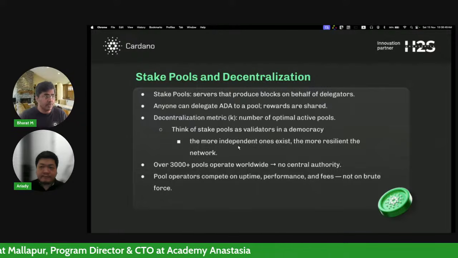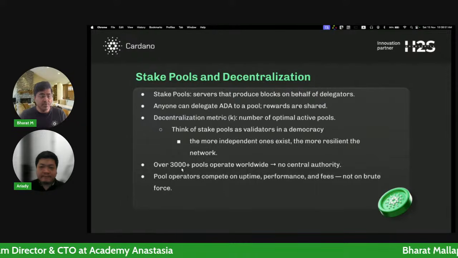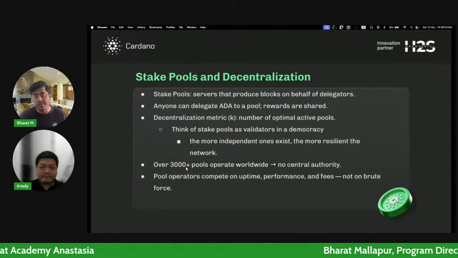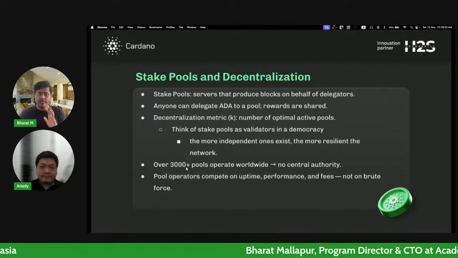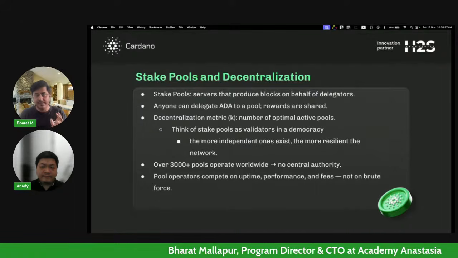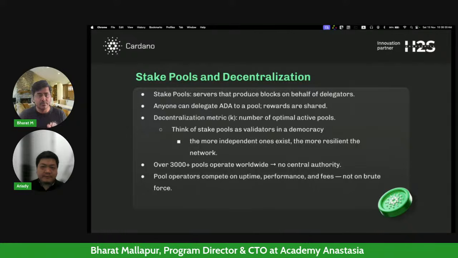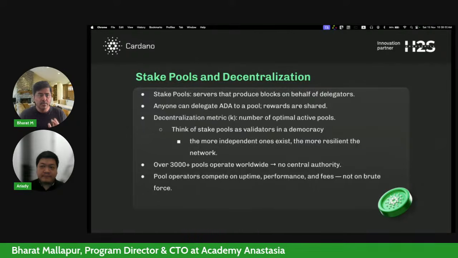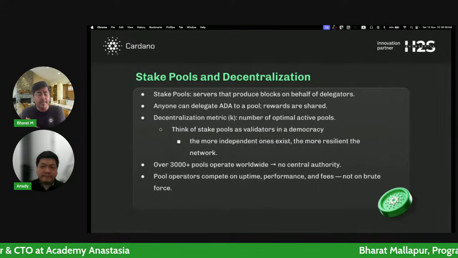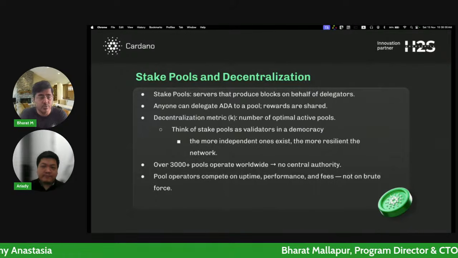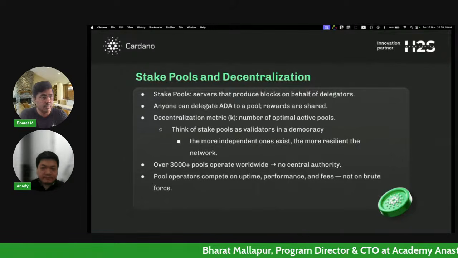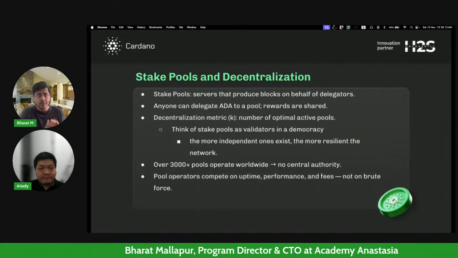For example, if you see here, over 3,000 pools operate worldwide, and most of them are quite profitable. I think at least 2,500 to 3,000, 2,800 are profitable. I mean, they are able to maintain themselves, right? At the very least, and many of them are making very, very good returns by operating these stake pools. So 3,000 pools is a lot, right?